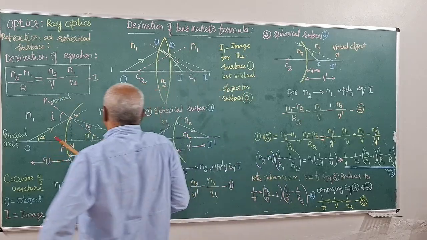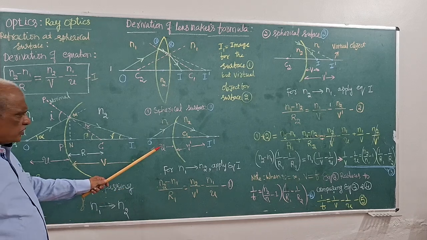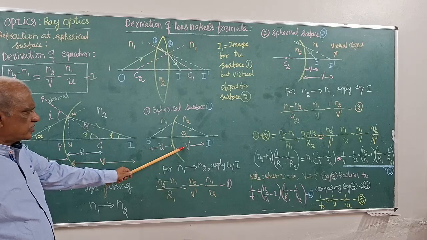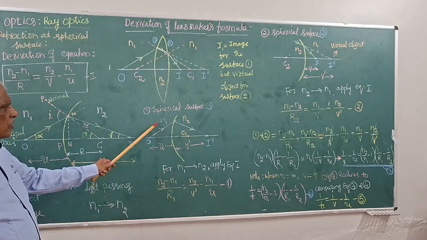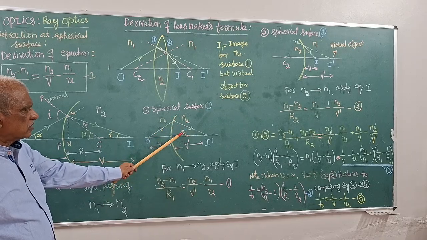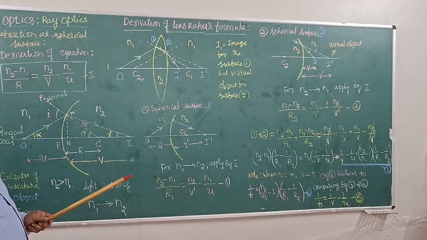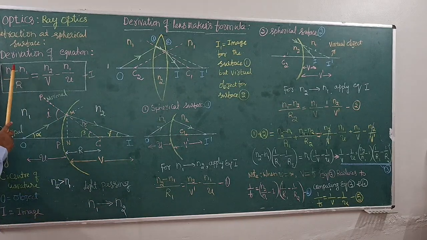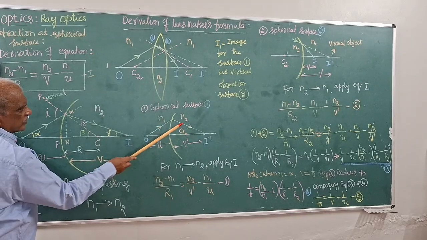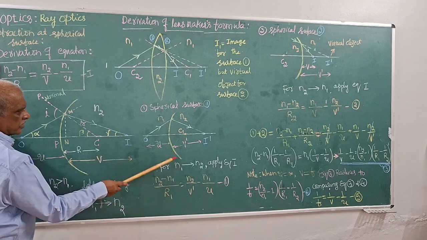So if you do so, apply this. Let us understand what is U and what is V dash. U is the object distance, V dash is the image distance. Initial value is N1, final value is N2, and the radius of curvature is R1 because it is C1, the first one. Apply the equation: final value minus initial value. This is the final value because light goes from here to here, initial state, final state. N2 minus N1 divided by R1, the radius of curvature of this surface,